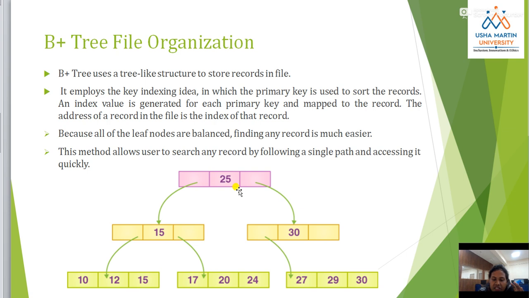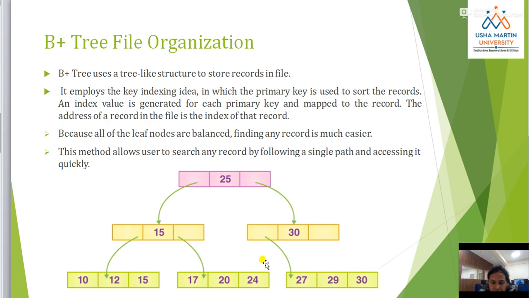In a binary search tree, if there is a root node, the left subtree values will be less than the root node, and the right subtree values will be greater than the root node. This is the basic principle of the BST, and we have to follow this rule in the B plus tree file organization method. B plus tree uses a tree-like structure to store the records in the file.